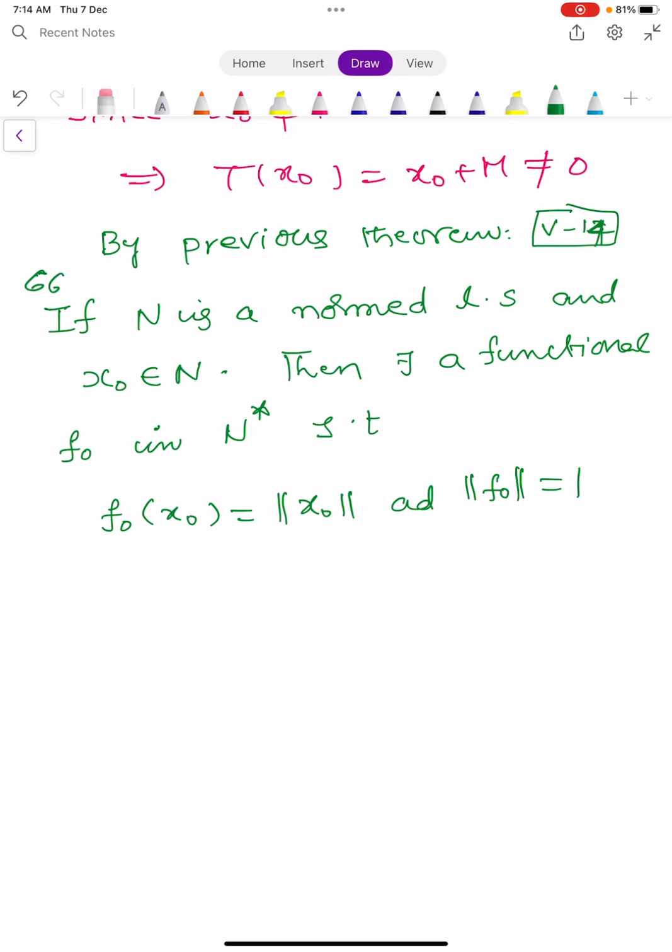Clearly, this is the previous theorem. Applying this theorem to our theorem in this video,